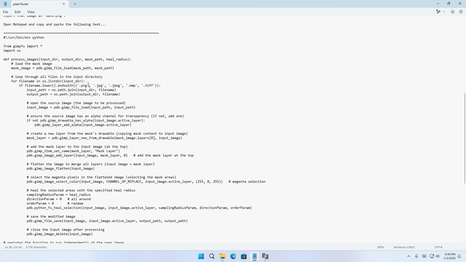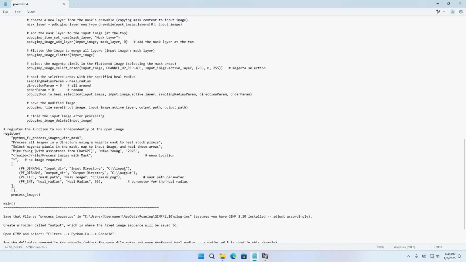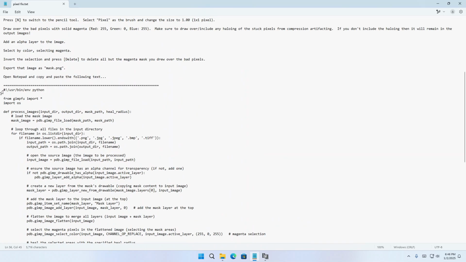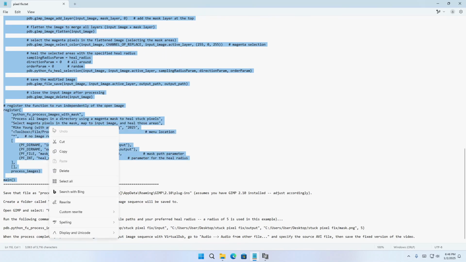It's going to composite over each of those images the mask that we created. It's going to then target that magenta area and then perform resynthesize on that portion. And then it's going to save that to the output folder. So we're providing the input folder, the output folder, the mask, and the radius to use for the heal or resynthesize operation. So I'm just going to click and drag and select the script here, right click, copy,